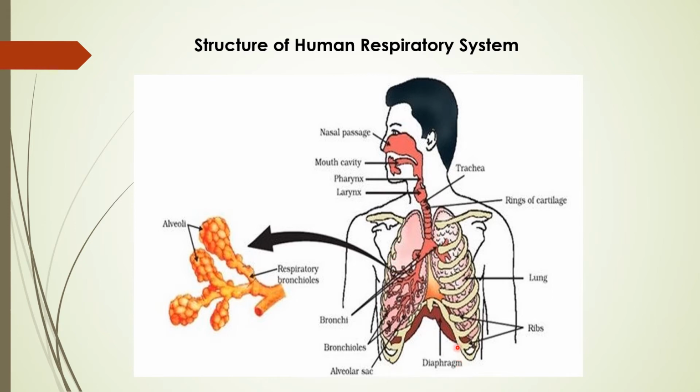Now there is another diagram you can see here. This is known as the diaphragm. It is a muscular partition between the thoracic and abdomen regions and forms the base of the chest cavity. This is where the thoracic and abdomen regions are divided. During inhalation, when we are taking in oxygen, it is flattened and increases the chest cavity so that air comes inside the lungs. While we are exhaling carbon dioxide, the diaphragm relaxes and comes back to its original condition. So this is the important role of the diaphragm.